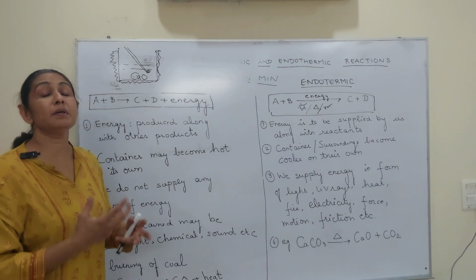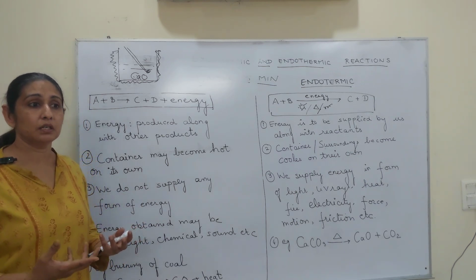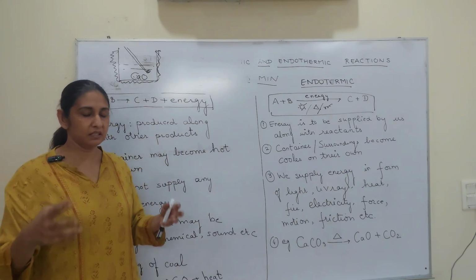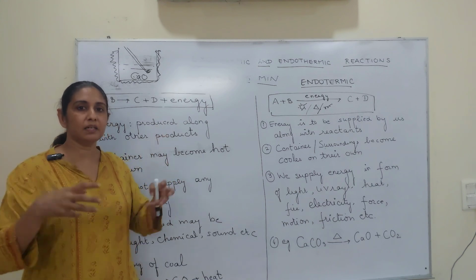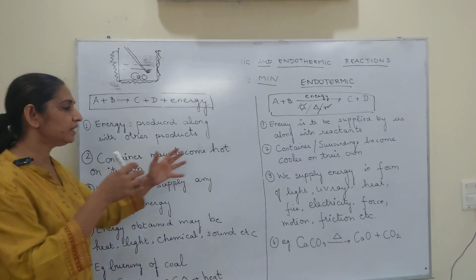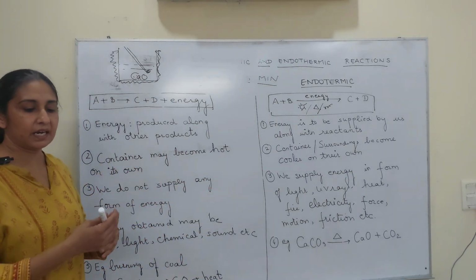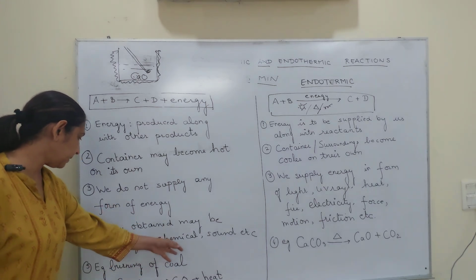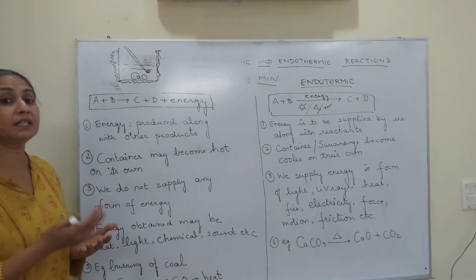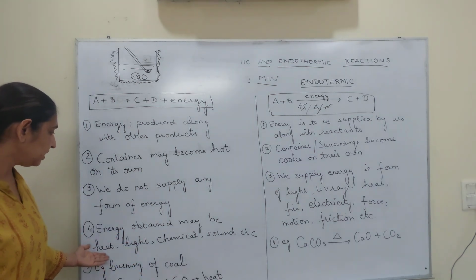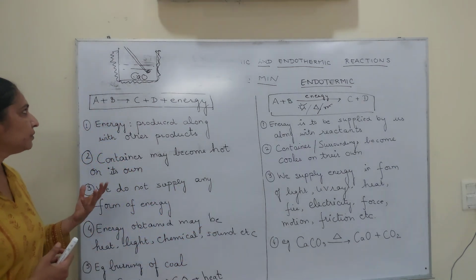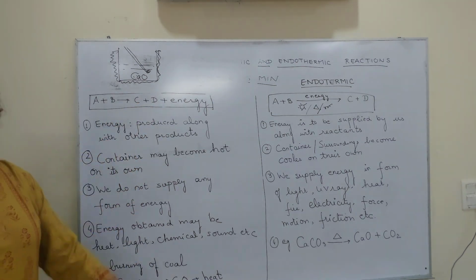It may produce chemical energy. What is chemical energy? Like the energy stored in foods, carbohydrates, proteins, they all have stored chemical energy. So the energy that is produced after a reaction can be of various types. It may not be visible, like food energy, calories are not visible to us, but they are produced. So heat, light, chemical, sound, they are the different kinds of energies which are produced during an exothermic reaction.